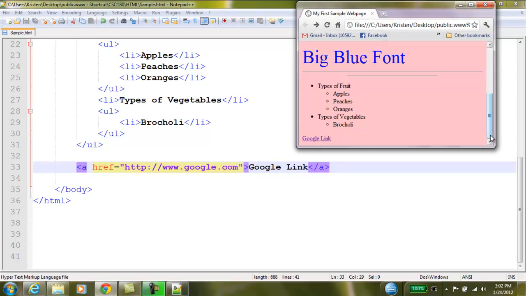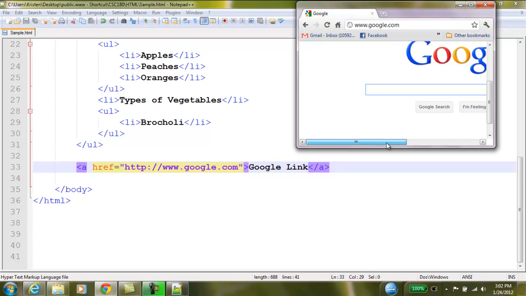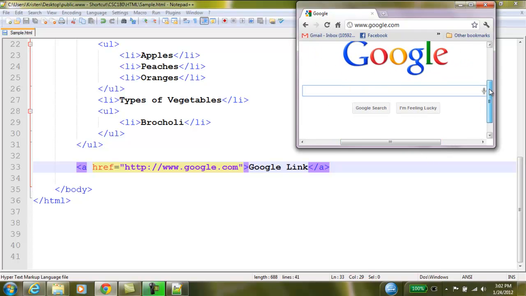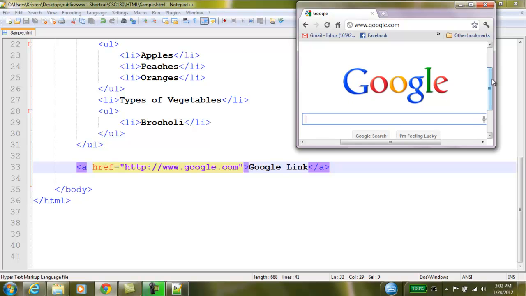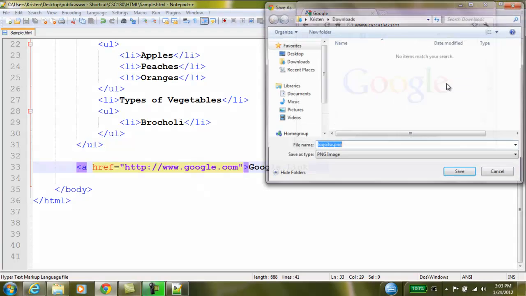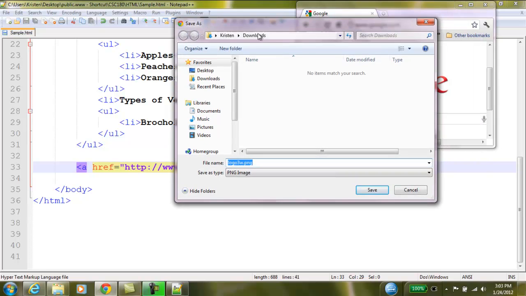That's a link. The next thing we want to do is let's put some pictures in. So first we're going to put a picture in, and then we're going to put a picture in that is also a link, which is kind of cool. The picture I'm going to use is actually the picture from the Google web page we were at, which is very boring today. Go to Google's web page. I'm going to hover my cursor over the image, and I'm going to right click and say Save Image As. Depending on what browser you're using, this might be slightly different. I'm going to Save Image As, and now you're going to want to navigate to your desktop